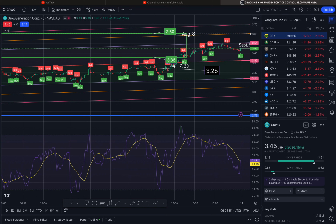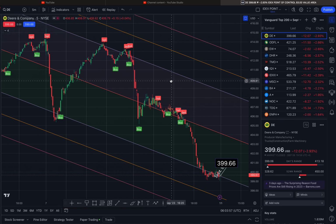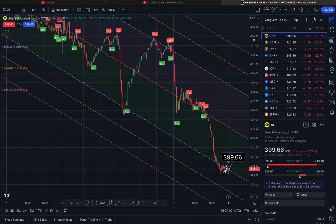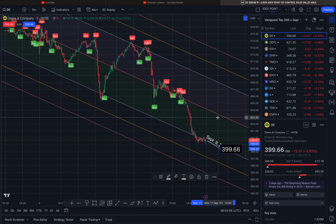All right, the RSI on this is turning up and it is at 51. Now, the next stock I want to go over very quickly is Deere and Company. I've talked about this in the past. I have not checked it out in a very long time. Now, this again is the 5-minute time frame. We are at